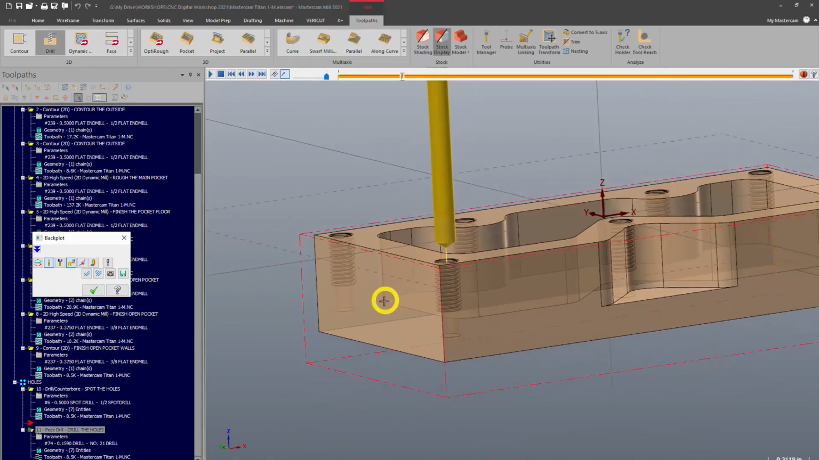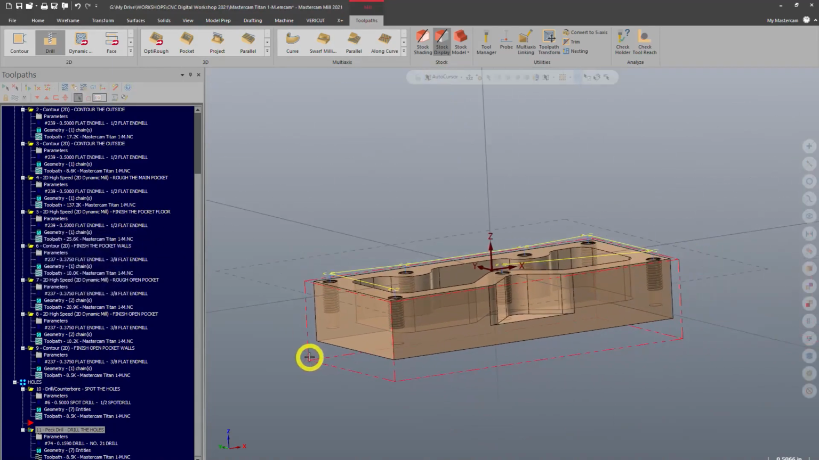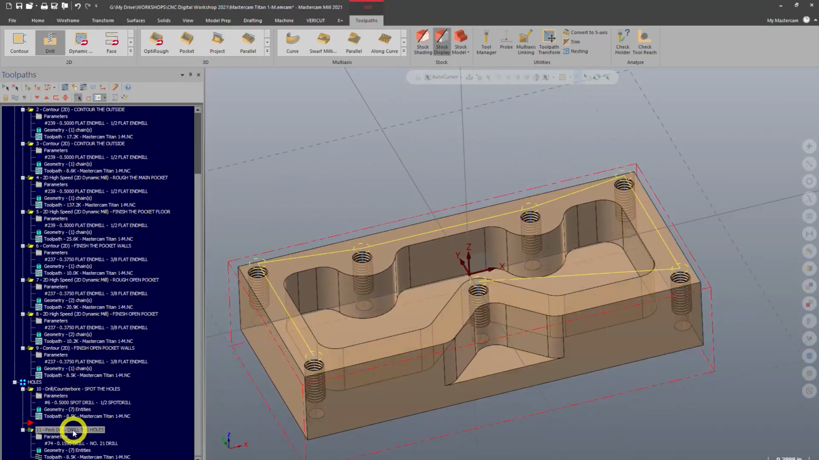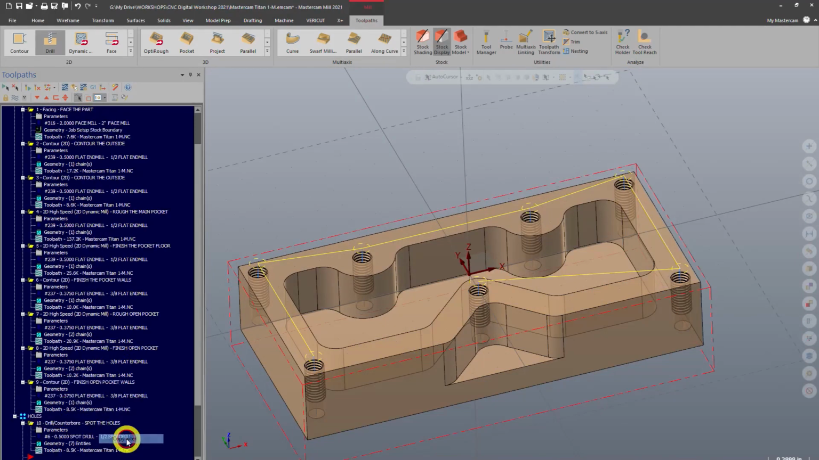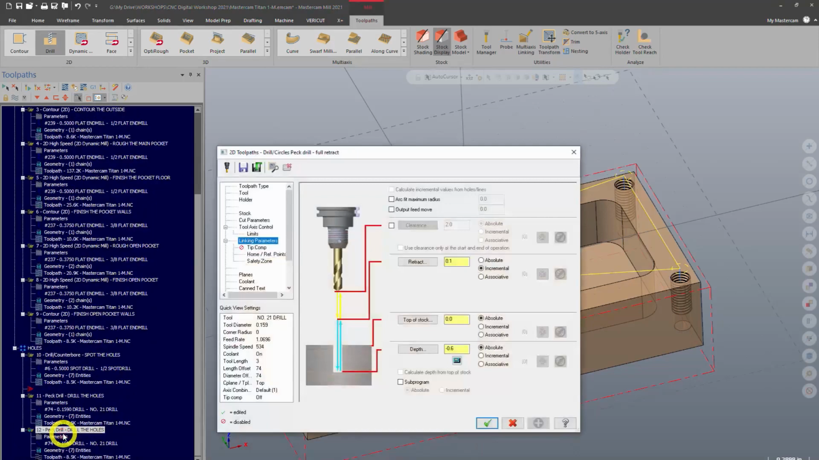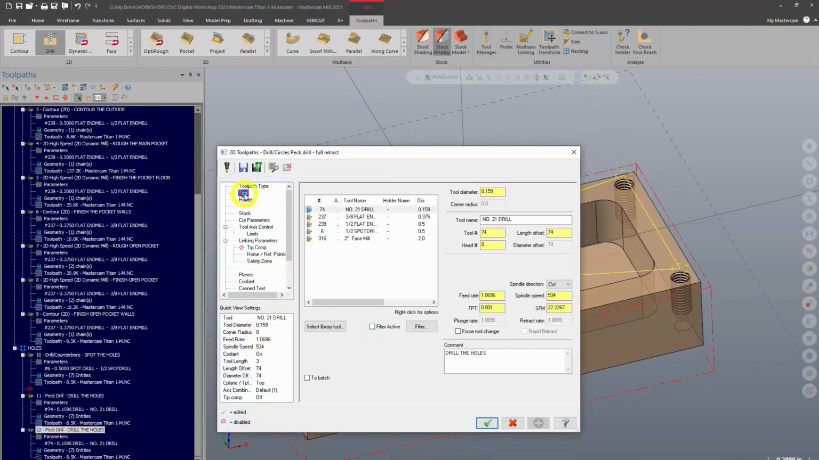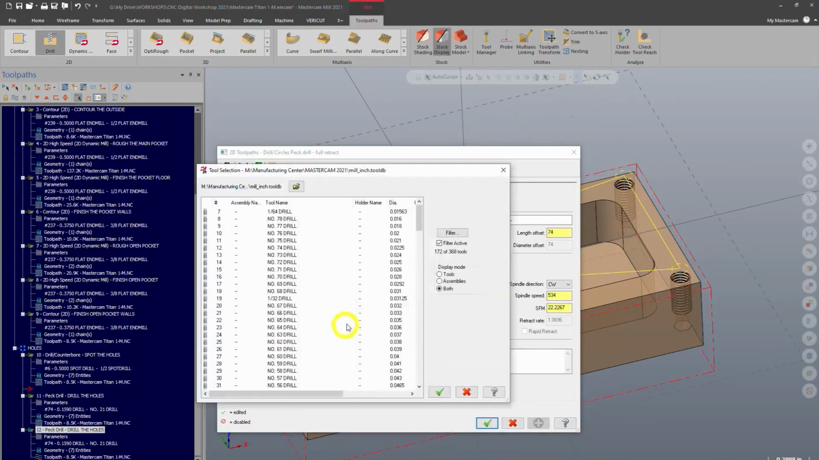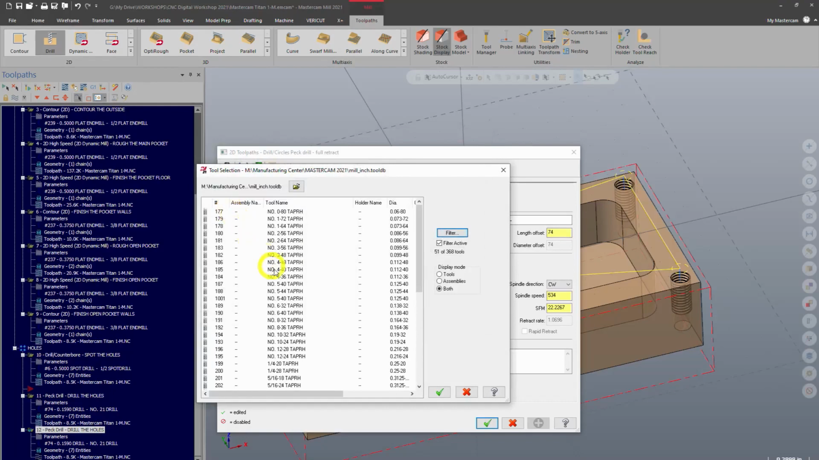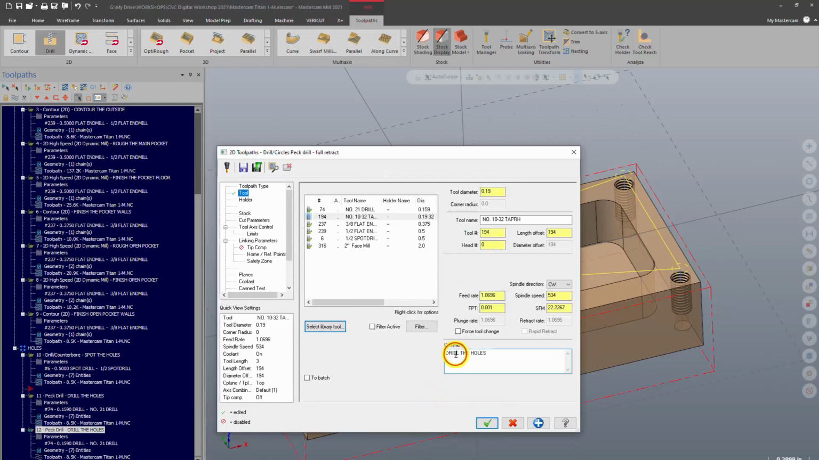Alright, so we've drilled it. Now we need to come in and tap those holes. So again, we'll copy, drag, okay, now we're going to tap it. So we know those are a 10-32 tap. We'll go ahead and choose a 10-32 tap. Filter that out. Let's see, tap, right hand. There we go. 10-32. And we're going to